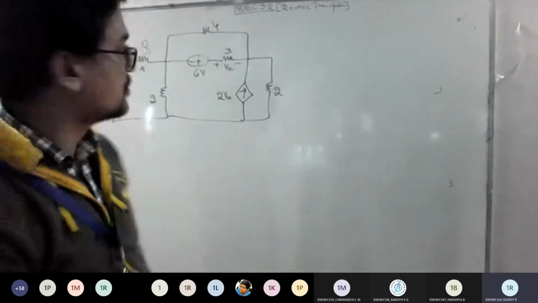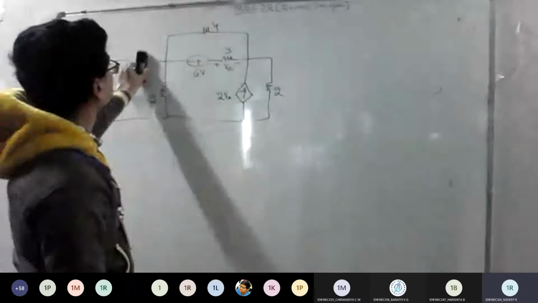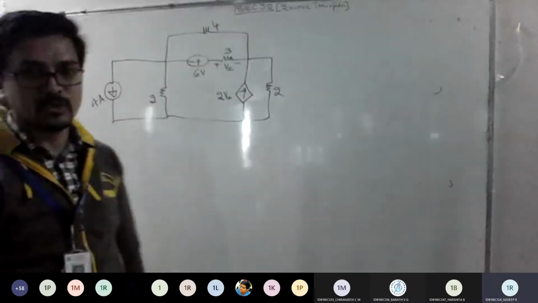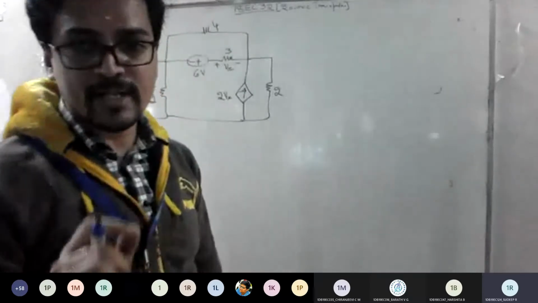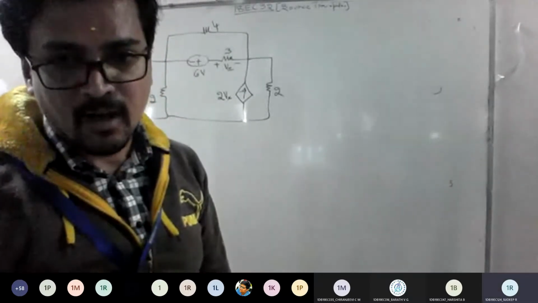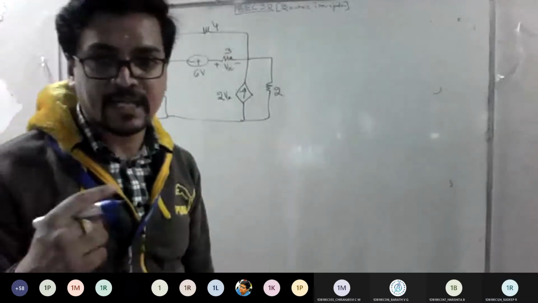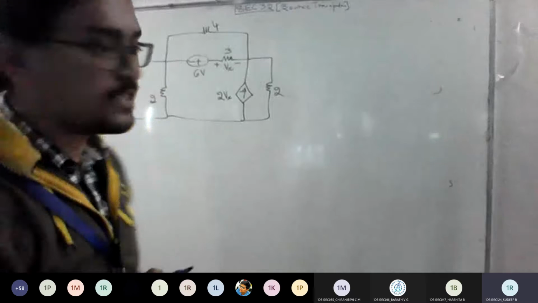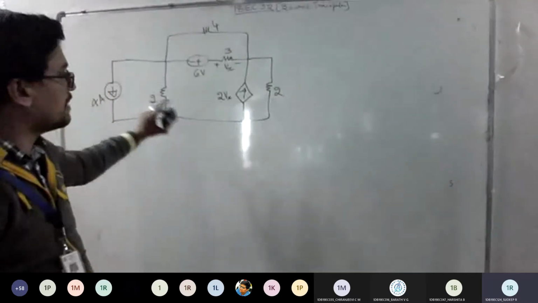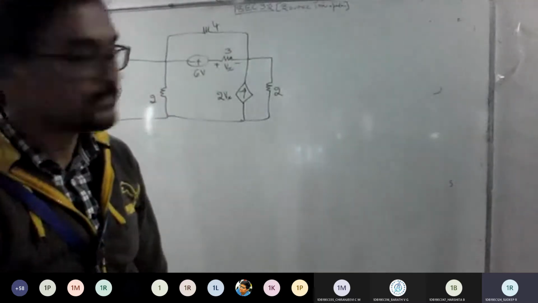Yes, sir. So after removing the 4 ohm, you need to build a new circuit now. This is your step 1. You should write: since the 4 ohm resistor is in series with a current source of 4 amp, I can eliminate it. So eliminate that with a sentence and write it there.